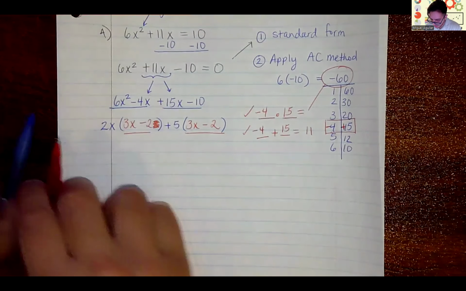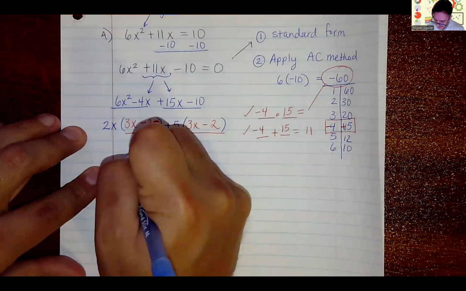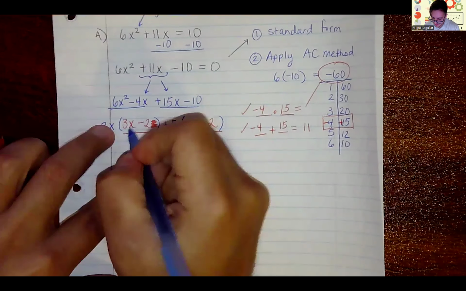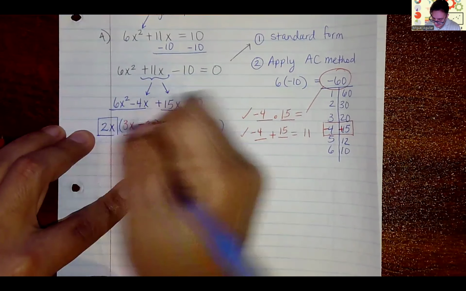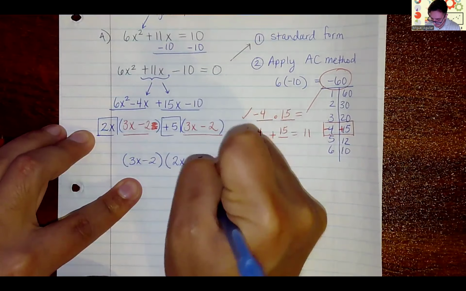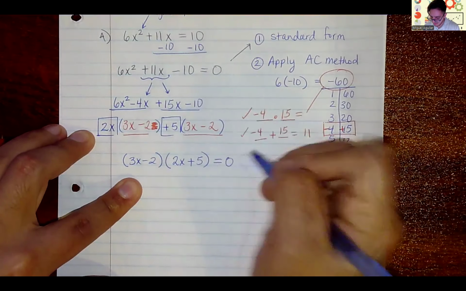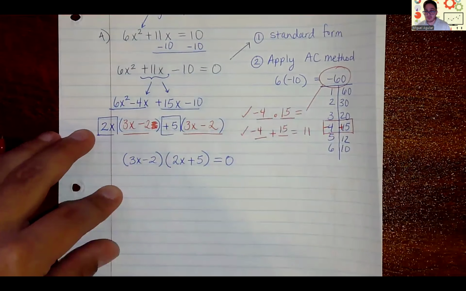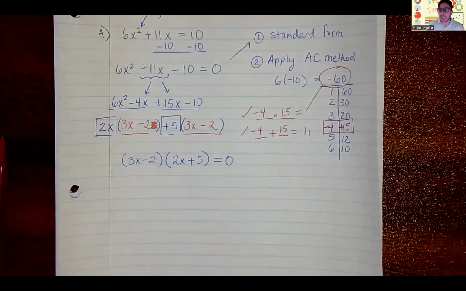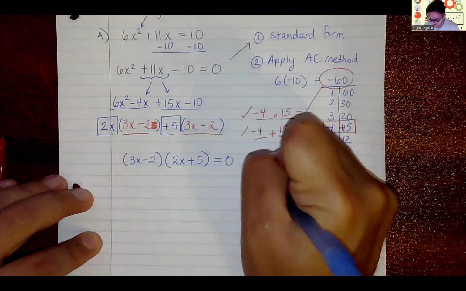So our factors for this quadratic equation are 3x minus 2 and 2x plus 5, equal 0, okay? Because we're solving an equation. We're not just simply factoring and ending it there. We need to go all the way here. So we got this thing in standard form. We applied our factoring method, and now we can go ahead and apply